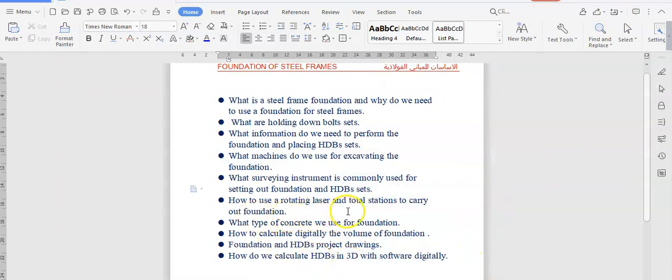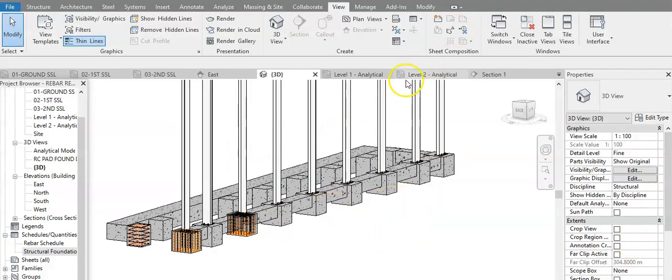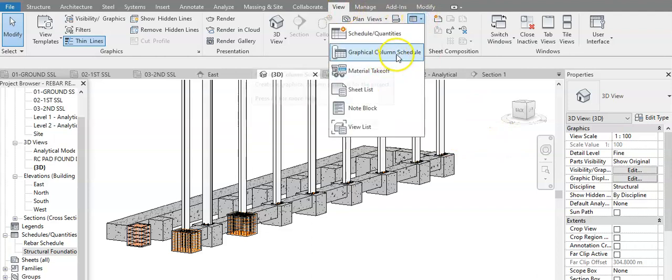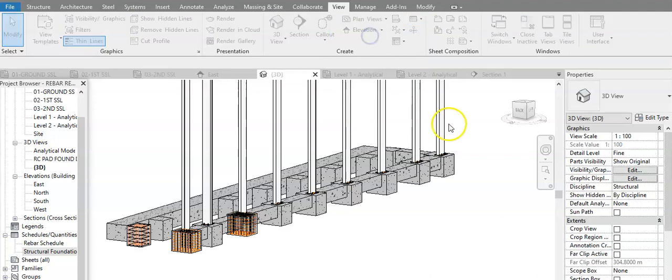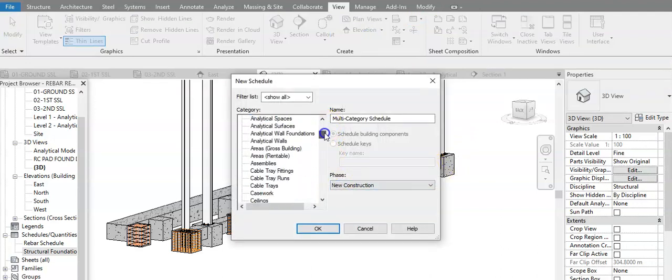The rotating laser is used for the foundation as well, but that will be discussed in part 3 of our tutorials. What type of concrete we use for foundations, and how we calculate digitally the volume of foundation. So let's have a look at how we work out the volume of the foundations. In this program, there is a section where you can go into the quantities and schedules, and from that you look through it, and if you want reinforcement or if you want foundations, basically you go through it and you pick what you want,